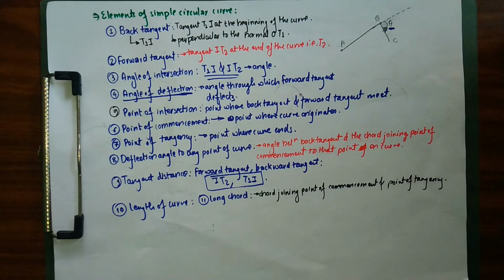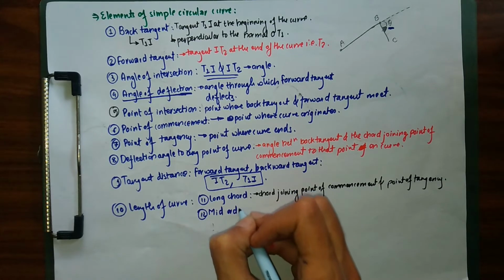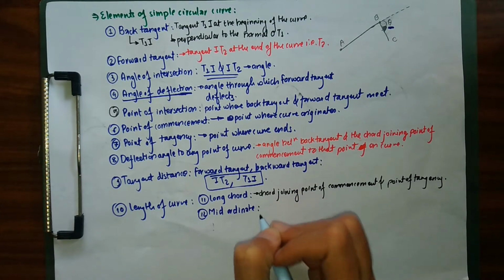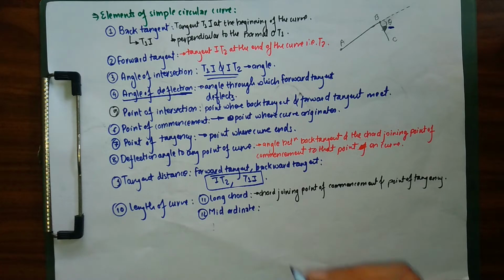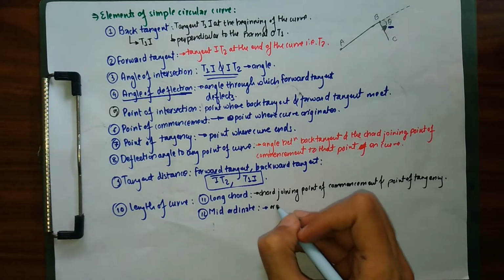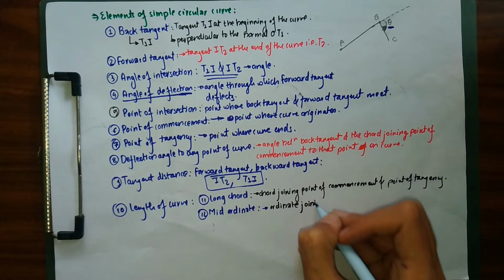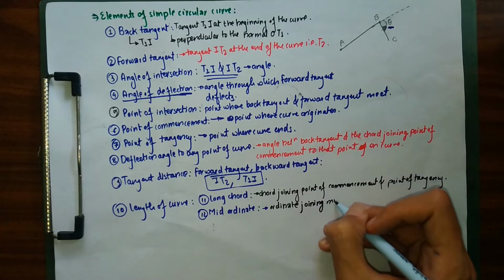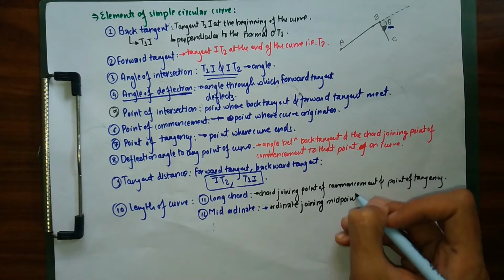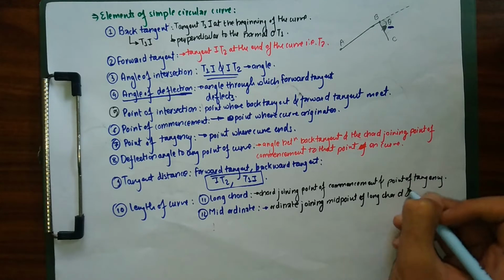Next, in number 12 we'll be talking about mid ordinate. So what is mid ordinate? Let me firstly write down the definition. Mid ordinate is simply our ordinate joining the midpoint of long chord